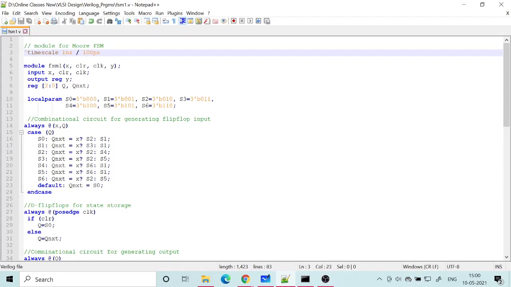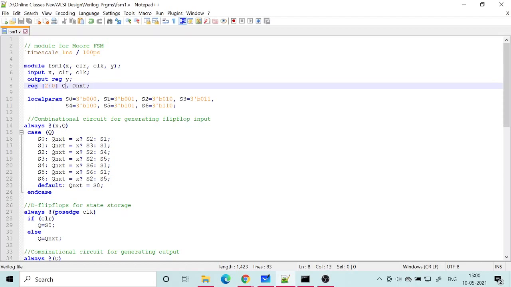Okay, it's Moore, and when you design your own, you can give another name like FSM2 or something like that. What are my inputs? My X input, single bit input, clear, clock. These three are my inputs, and my output is Y. Okay, and I need a register inside, some kind of storage element which will determine the state. Okay, so that is my Q.